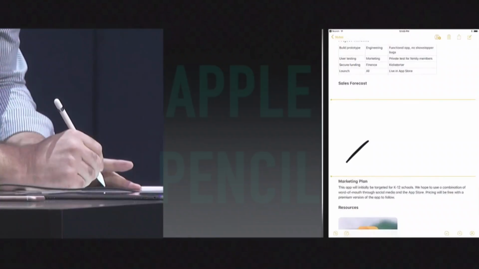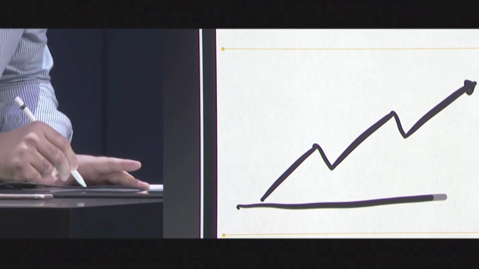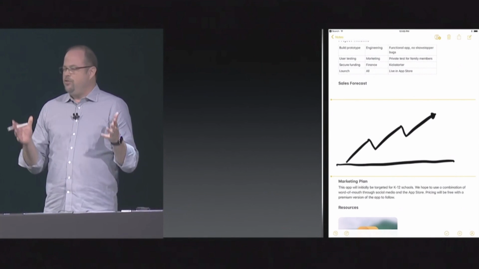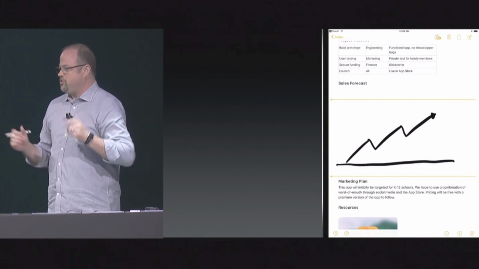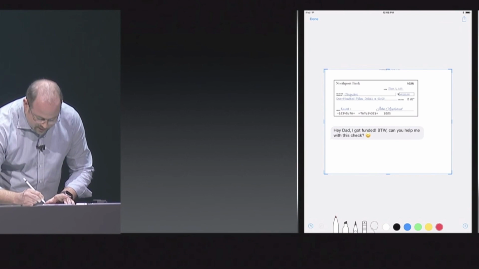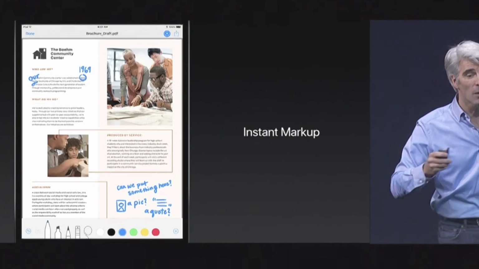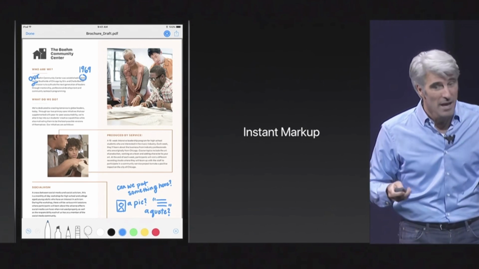Now for the iPad Pro models, Apple Pencil support has been expanded with new features and functionality that allow it to work anywhere in the operating system, similar to a standard stylus or a finger. In previous versions of iOS, the Apple Pencil could only be used within certain apps, but there is system-wide support in iOS 11. Instant Markup is a feature that allows essentially anything on the iPad to be annotated using